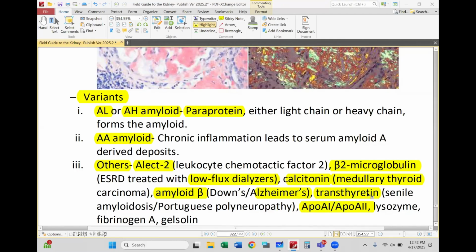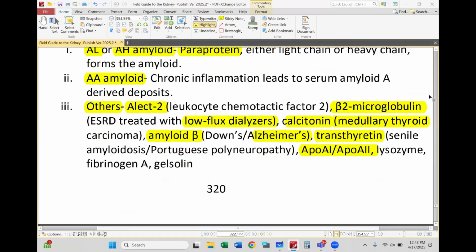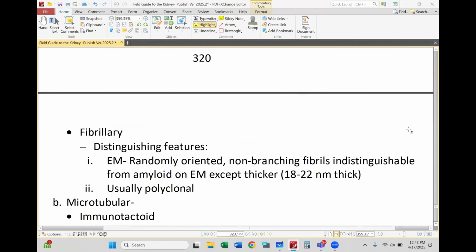There are apolipoproteins that can cause amyloidosis, as well as these other less common proteins. Fibrillary, again, is another form of randomly oriented organized deposits that are present on fibrils on kidney biopsy. Once again, it has this medium thickness. I'll highlight again that there is overlap, and so Congo red staining is often used to break the tie, not just EM thickness. Often the fibrillary GN